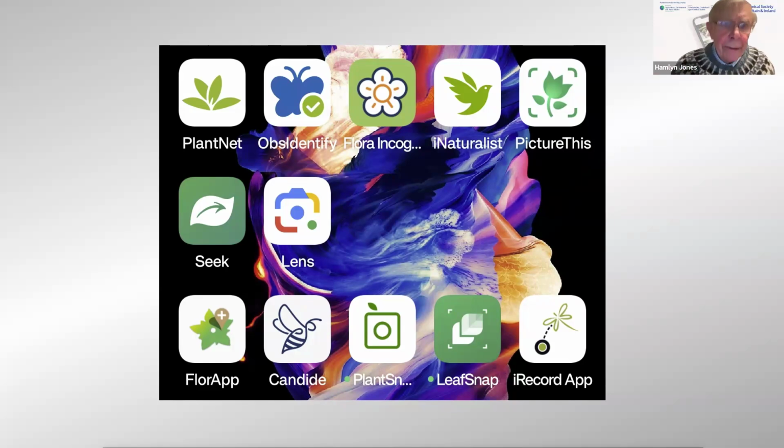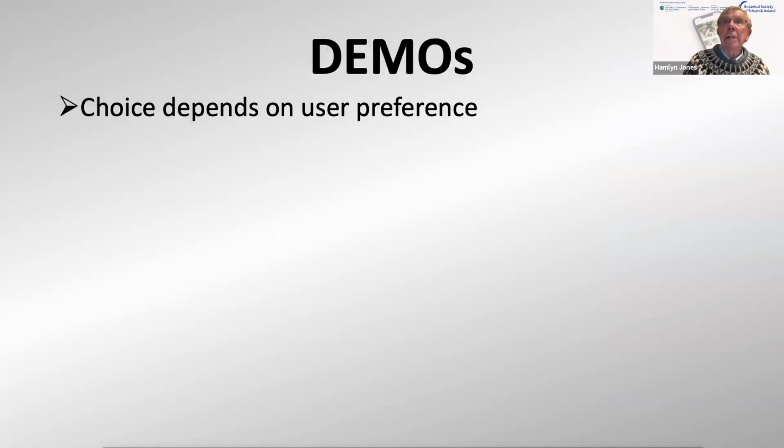And I thought what I'd do now, before we actually go into analysis of this and what we should be doing with apps, I thought I'd actually take you through examples of using each of these apps. So we'll attempt, if the technology works, to go through some demonstrations, and with luck,